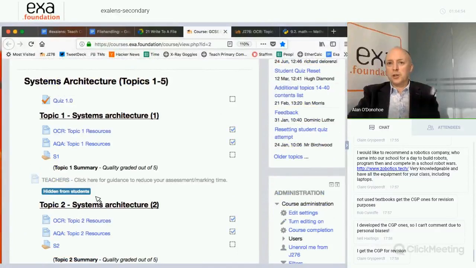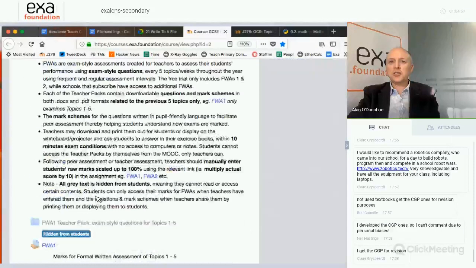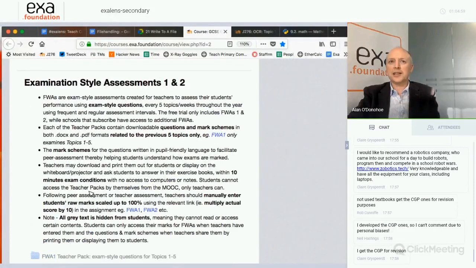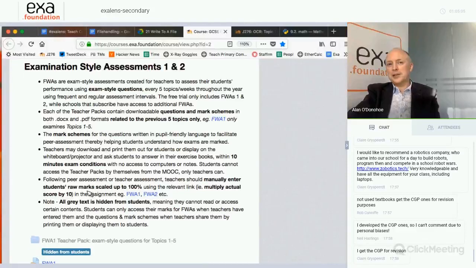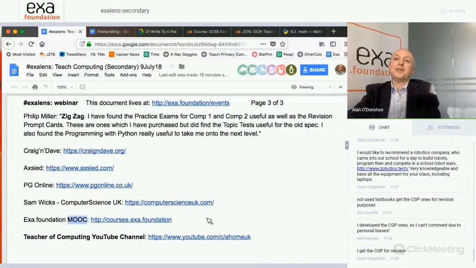It's not all just multiple choice quizzes. There's exam questions in there. So if you're looking for some help in terms of writing exam papers, there's loads of them in there. There's lots of self-marking quizzes. I mean, you're going to expect me to say that the teachers who use it say it's great. But, you know, if you know somebody's using it, they'll tell you. And the first 14 weeks are free anyway.